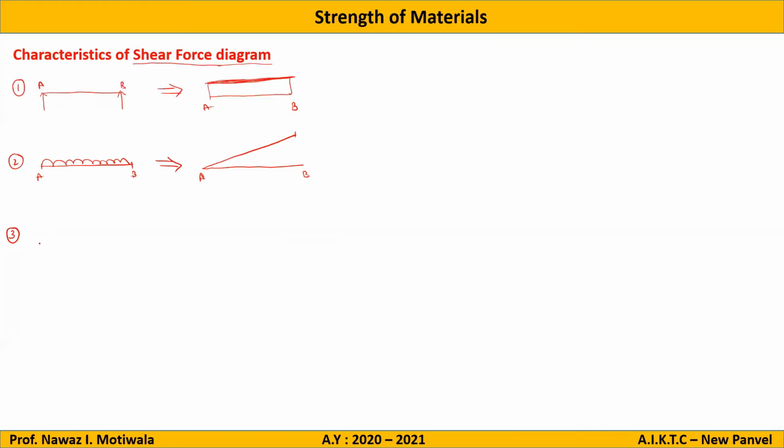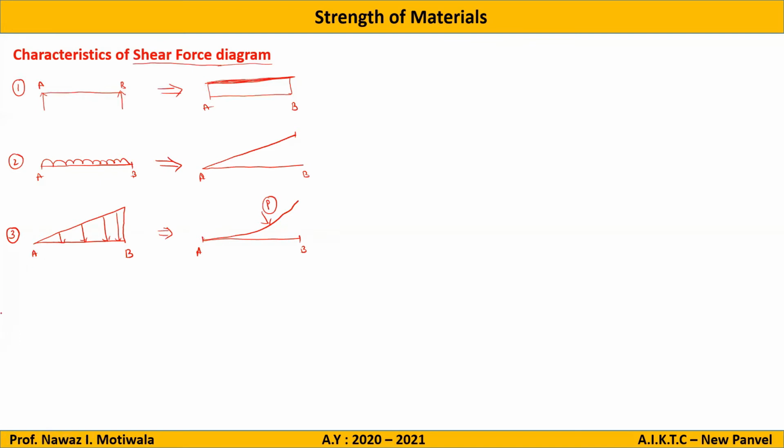Third property is, when there is a UVL in between the 2 points. UVL means uniformly varying load. So if there is a UVL between 2 points, it is represented as a parabolic curve between the 2 points. It will be a parabolic curve between 2 points A and B. This is the third characteristic. Fourth characteristic is,